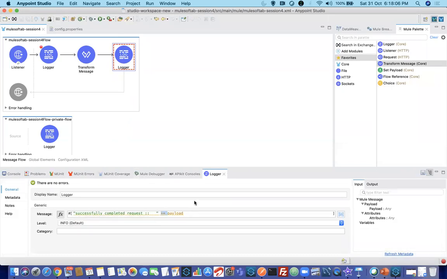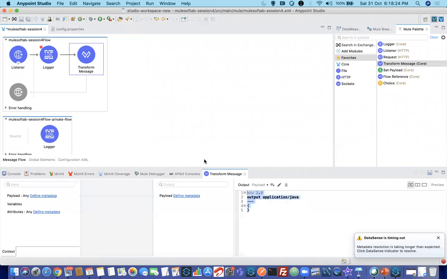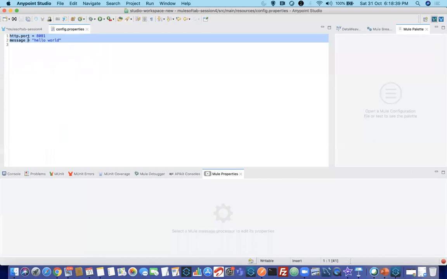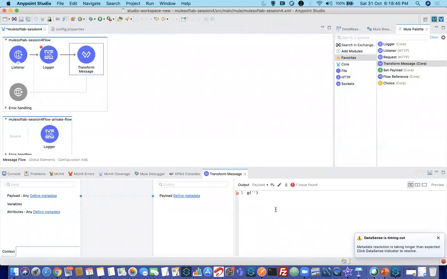Okay, let us forget about this. Now I will remove this. I told you there are two ways to use it, dollar or p of. You can see fx. So you can make use of this p of. Let me remove the logger, keep only the transform message here, remove everything. By default, transform message is within hash and square brackets. Remember that point. You can use p of. There is something which I have added, right, message. So if I say p of message, that should print hello world.